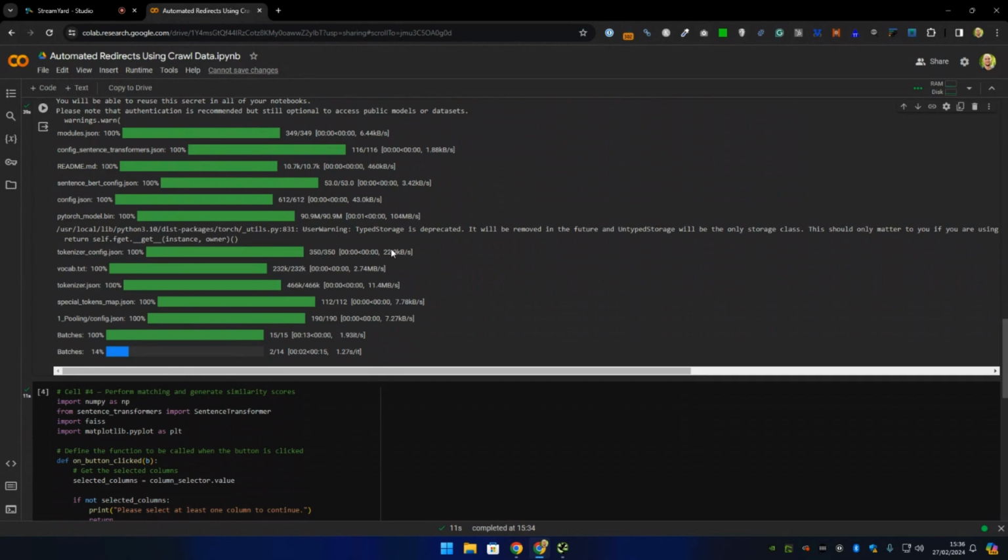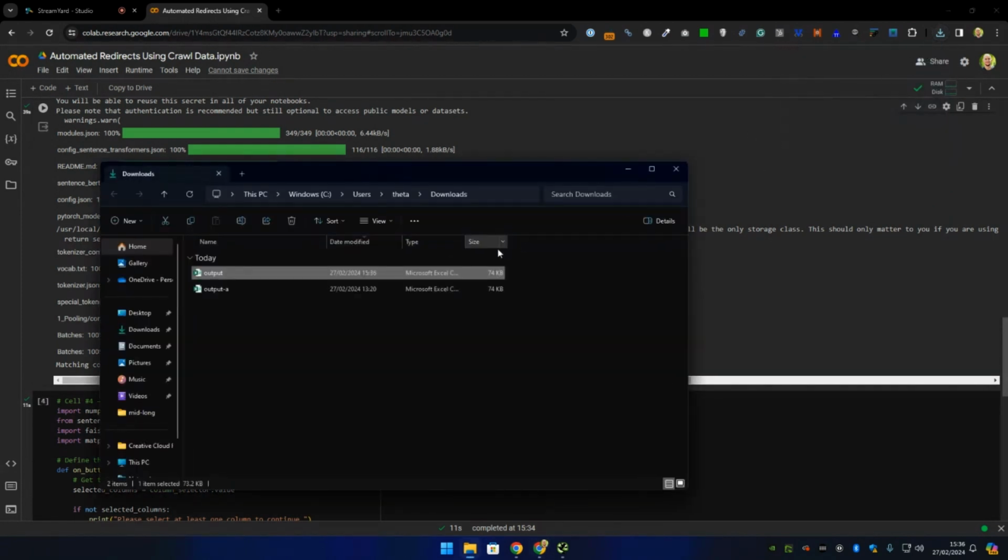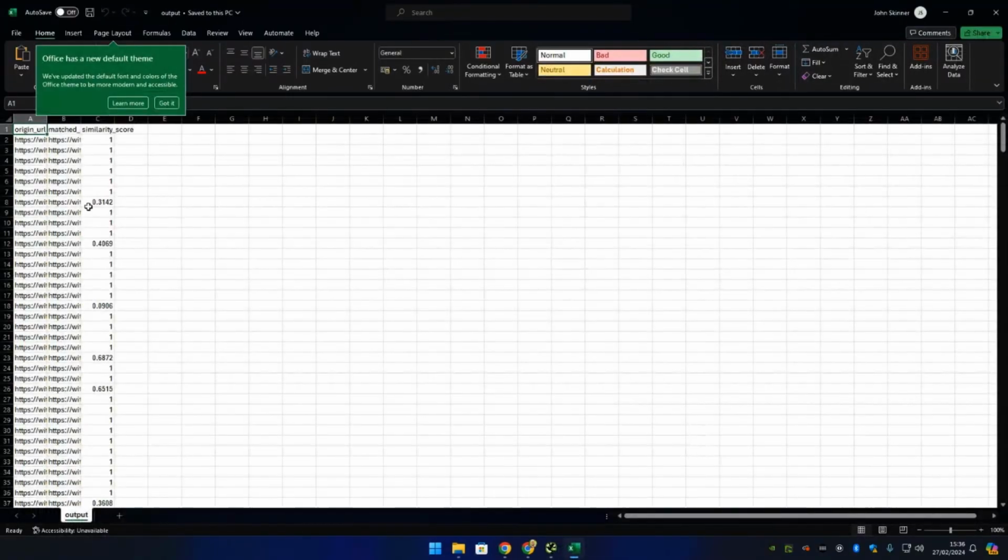Same with this. This isn't particularly important. And what it's doing now is essentially batching off and running this Facebook similarity between the vectors we've made. And it's straight away very easy to miss. It's automatically downloaded this output.csv. So if I show you this file,